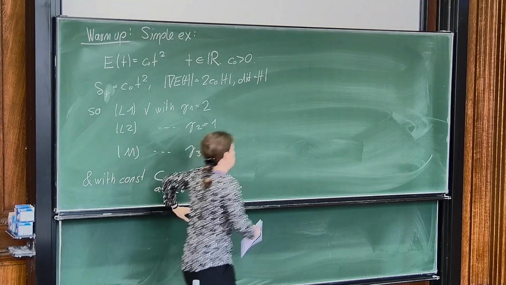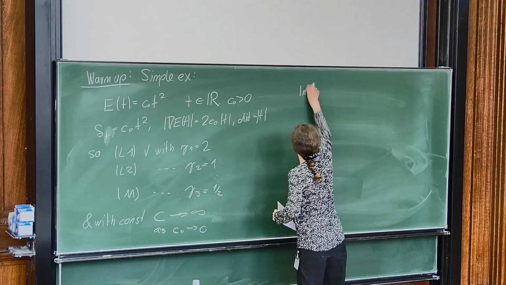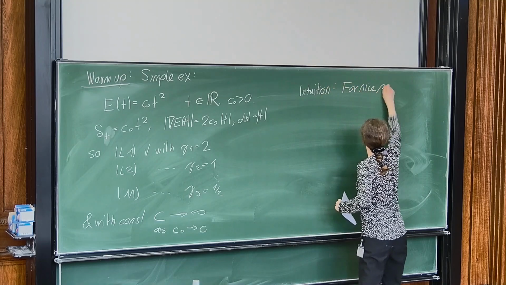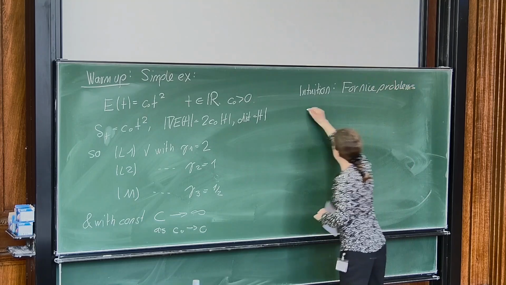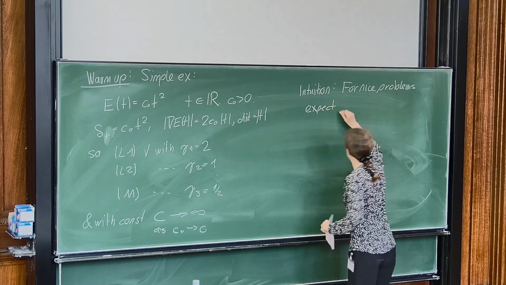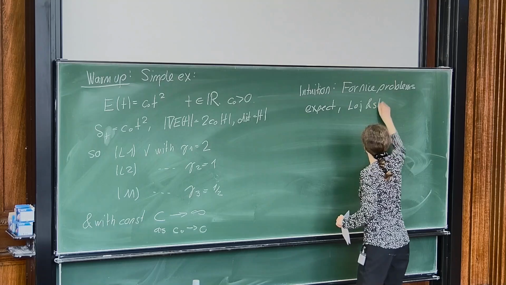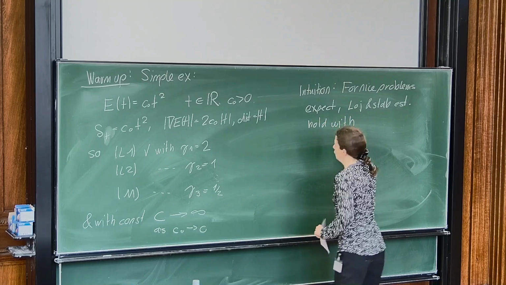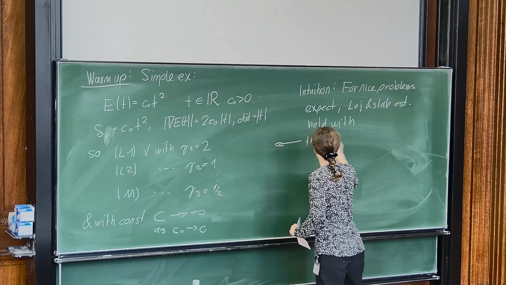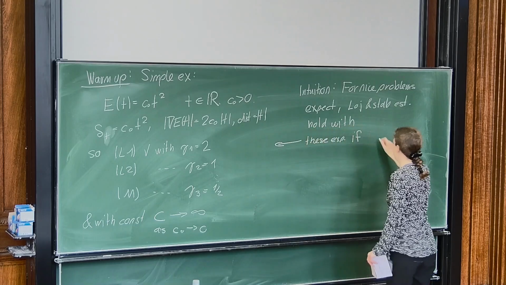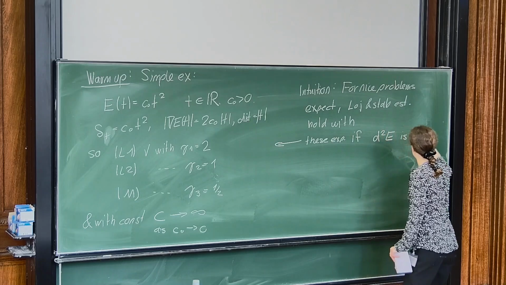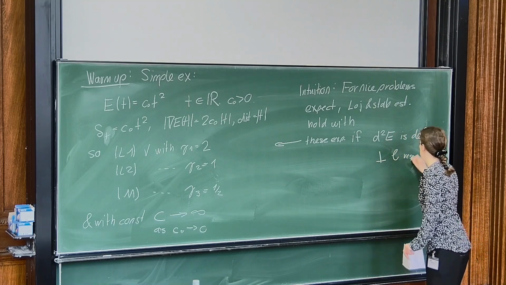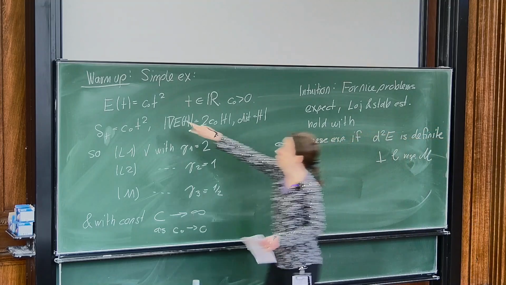And so just based on this intuition, what you should expect is for nice problems, we basically expect that such Łojasiewicz and stability estimates, they hold with these exponents if the second variation of the energy is definite, orthogonal to the set of critical points, respectively the set of minimizers, because if I take this energy and make it